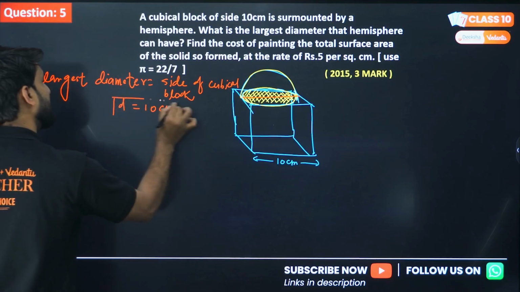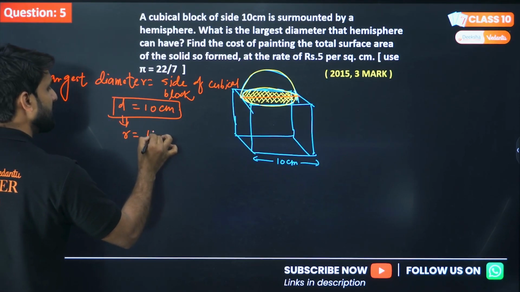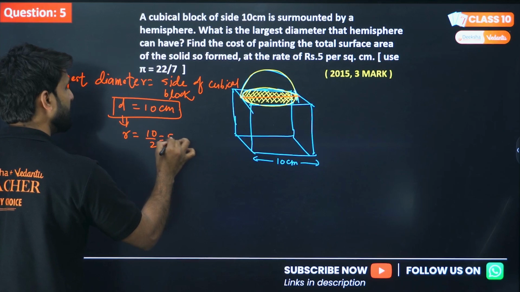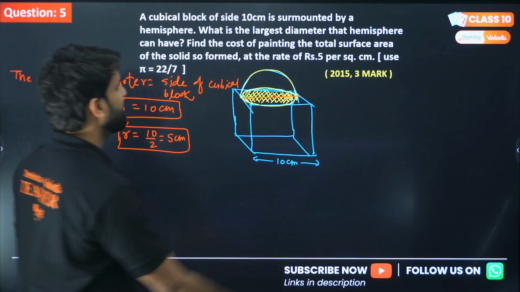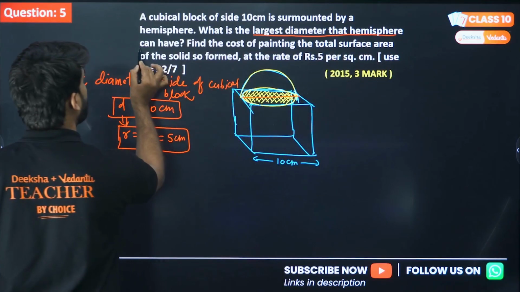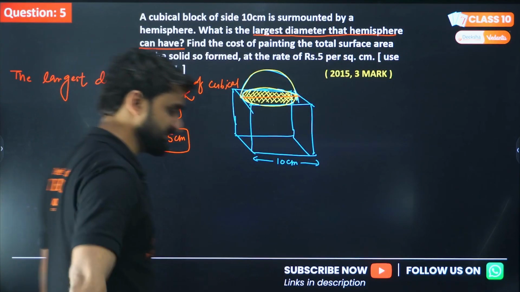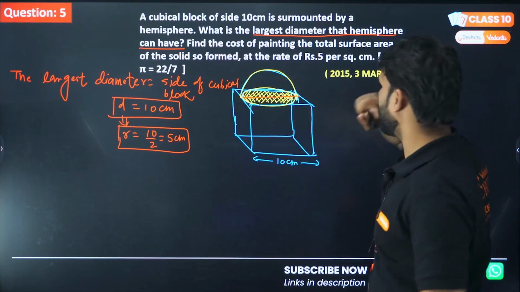Simple. And if the diameter is 10 centimeter, it implies that the radius will be 10 by 2, which will be 5 centimeter. First information we have given here, the largest diameter that hemisphere can have, question marks. So the question mark has been solved. Now move to the second